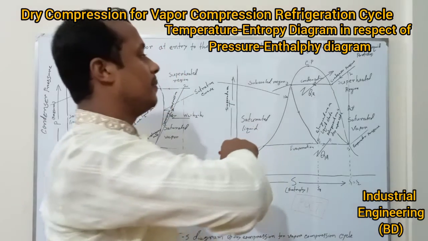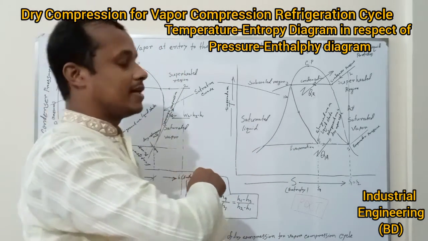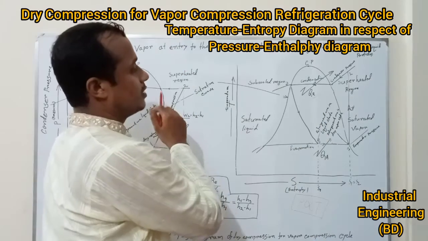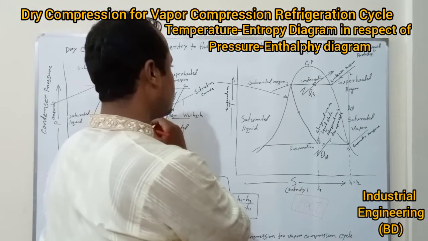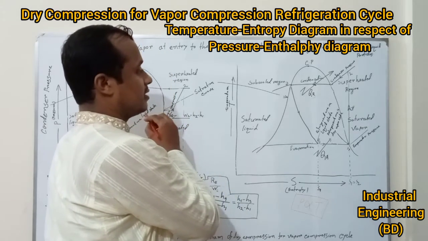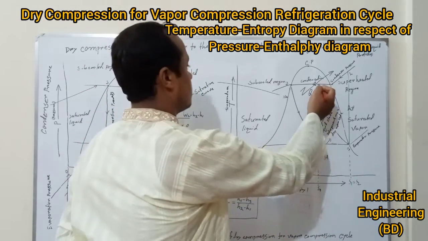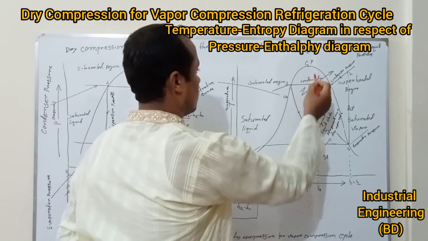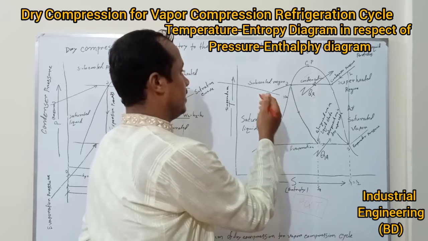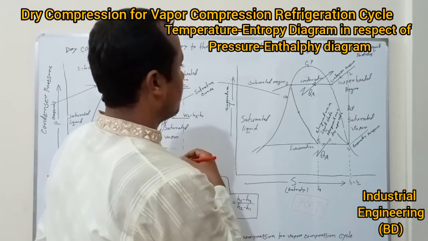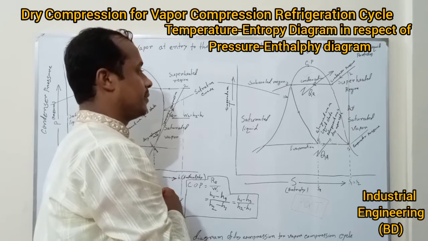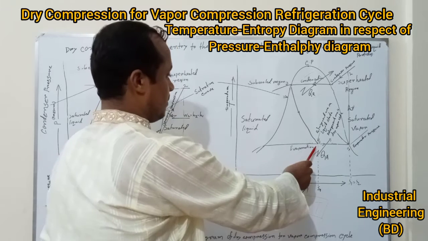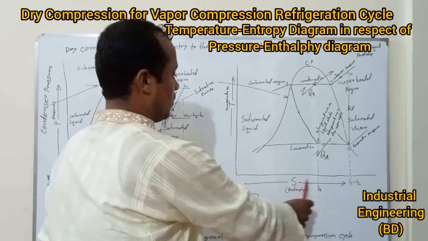The refrigerant, high pressure liquid and vapor, is passed through the condenser coil at constant pressure. The condensation process is at constant pressure. Here it rejects heat to its surroundings. So because of this constant pressure, it is also at constant temperature. After condensation, the liquid is in a subcooled condition. The liquid refrigerant is passed through the expansion valve or throttling valve. So after the condensation process, temperature decreases and entropy increases.